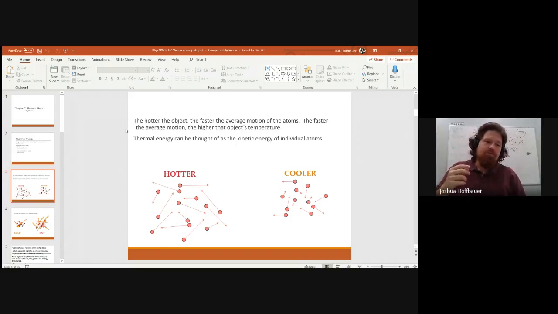So thermal energy takes the form of making the particles that possess it move. And because atoms have mass, when they possess thermal energy and they are moving, you can think of thermal energy as a kind of atomic level kinetic energy. It is making particles with mass move and bounce off of one another. So it is a type of mechanical